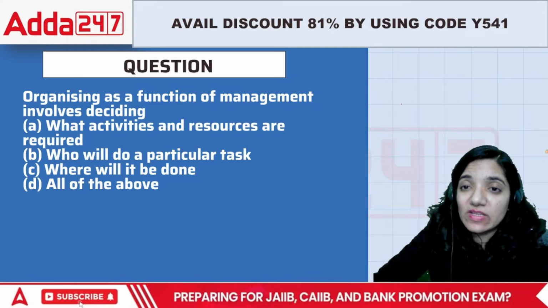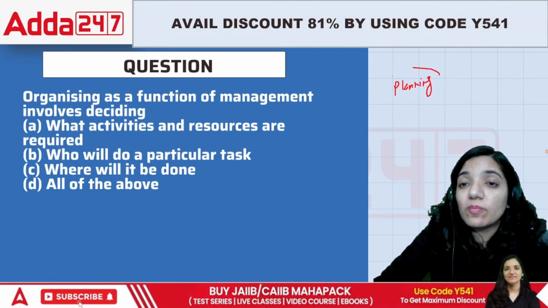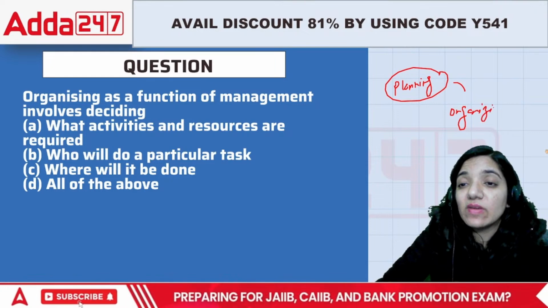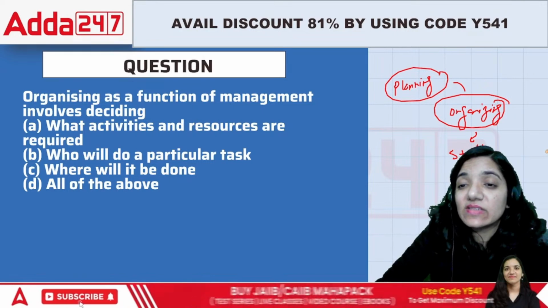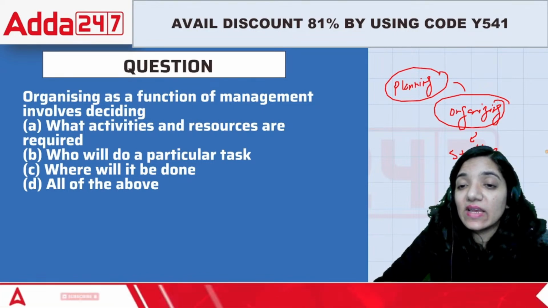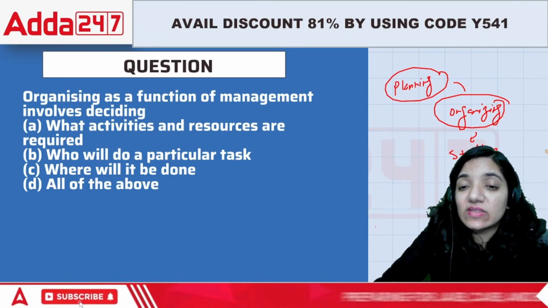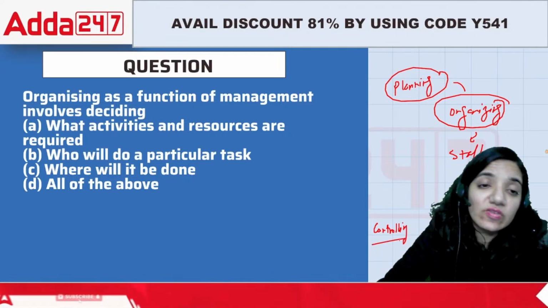See, the first level is planning. Planning is making a decision that this is what I want. From planning, we move towards organizing. That means we need to arrange whatever we would like to achieve. Then we move towards putting people to work, that is staffing, and the next is directing, and then the last one is controlling. So these are the various functions of management.